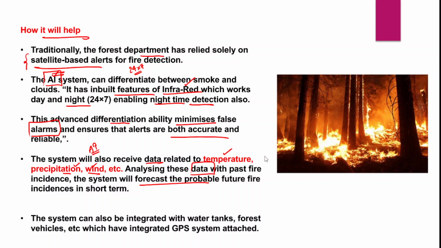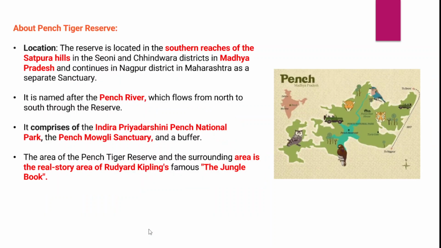So therefore the forest department would be much more cautious, and would also be ready in case any such fire took place, and they could immediately extinguish that fire so that it will not spread to other parts. So this system can also be integrated with the water tanks and the forest vehicles, which are actually integrated with the GPS system. And when we talk about the Pench Tiger Reserve, it is located in